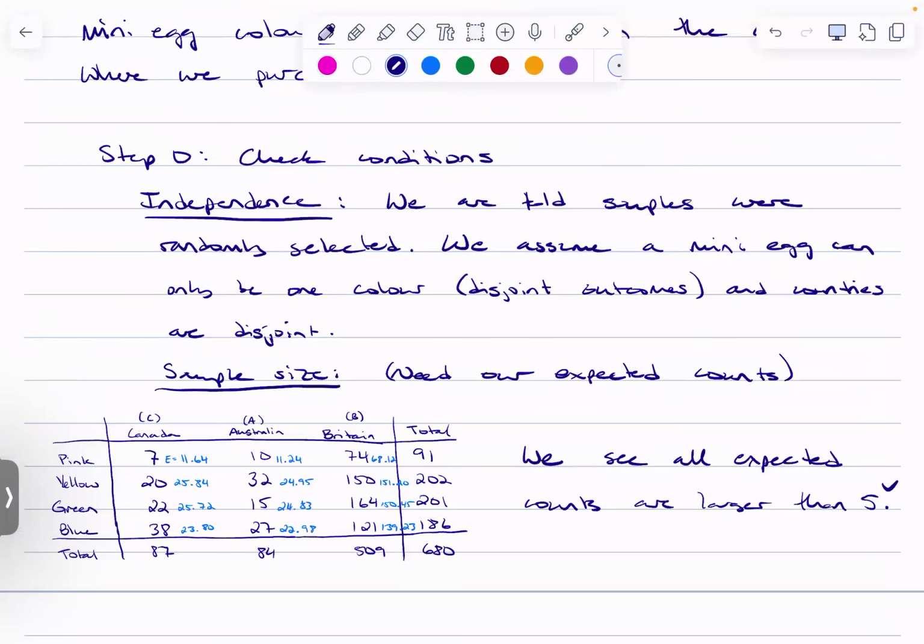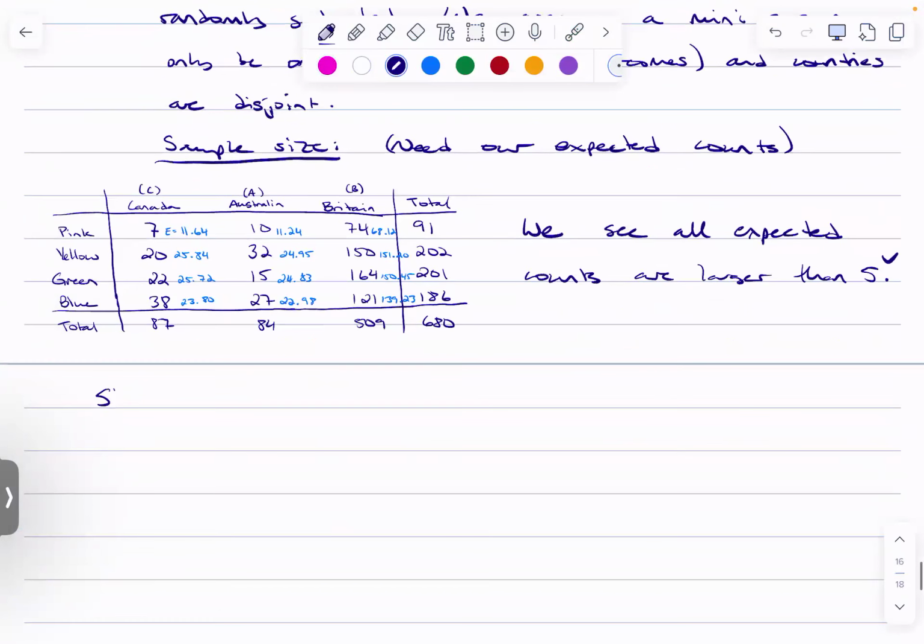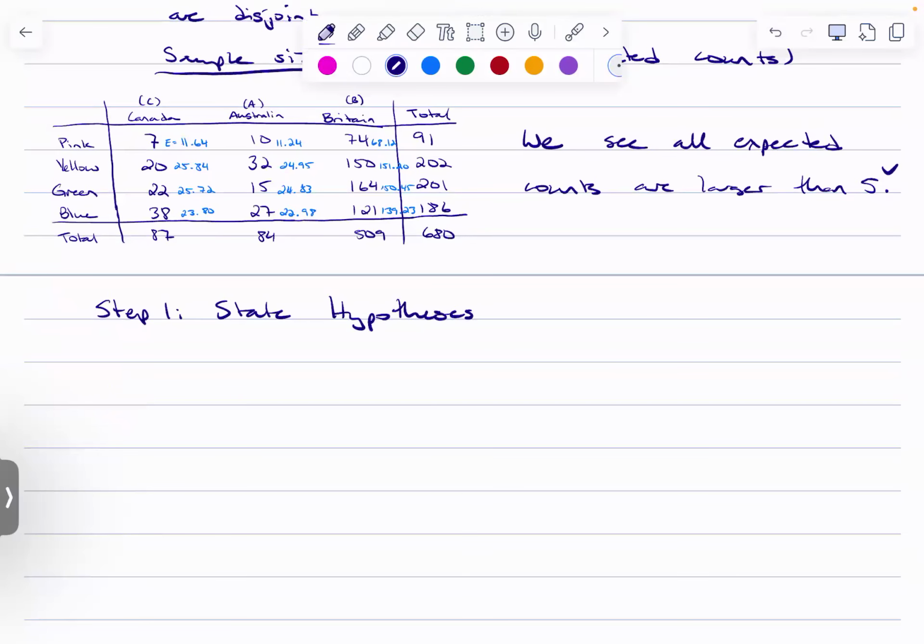So step 1, now that we've checked our conditions, step 1, state the hypotheses. In general, right, from your formula sheet, the null hypothesis is just that these 2 variables are independent, right? We want to be more question specific. And so the null hypothesis is that the color